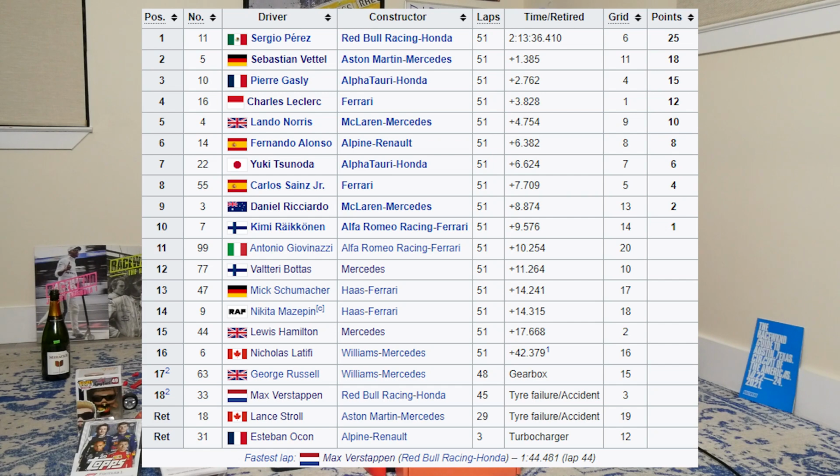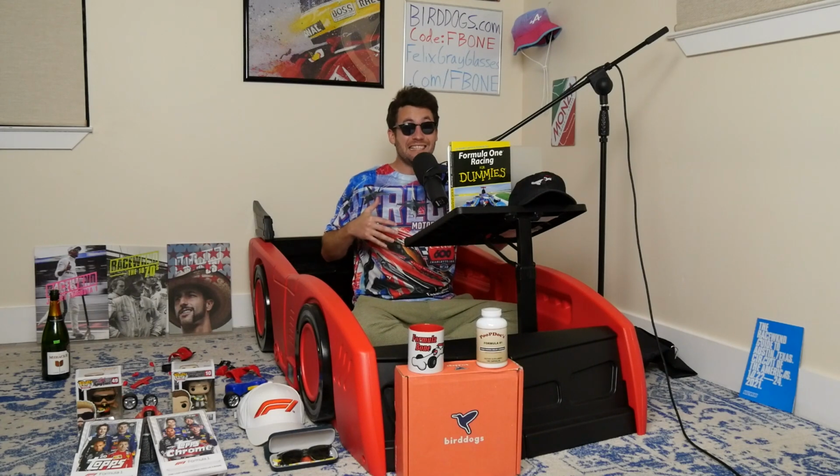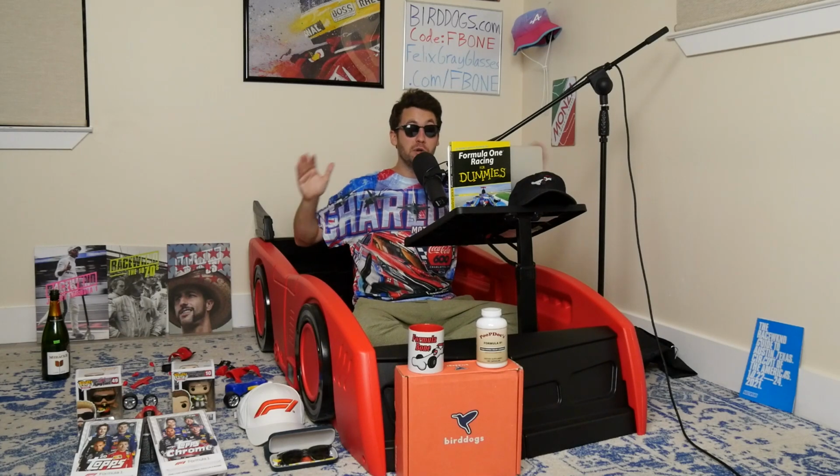P1 for Checo, a DNF for Max, and Charles Leclerc to get literally any result other than P2 with fastest lap. Additionally, if Checo wins the Azerbaijan Grand Prix this weekend, Leclerc gets any result other than P2 with fastest lap, and Max finishes as high as 6th with fastest lap, Checo would still take the solo championship lead from Max. I said it on my last podcast, and I'll say it again. It happened last year, so good luck trying to tell me it can't happen again, because you can't. It's about time, in my opinion, that we got a title fight between teammates back into Formula One, so vamos,